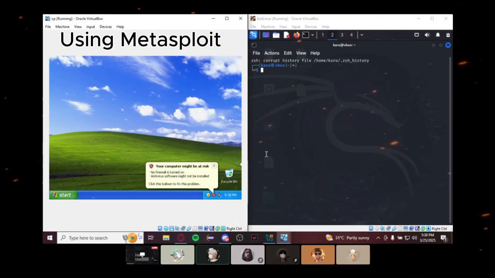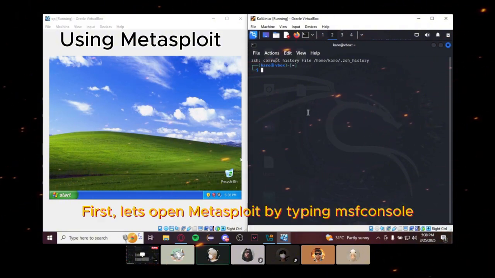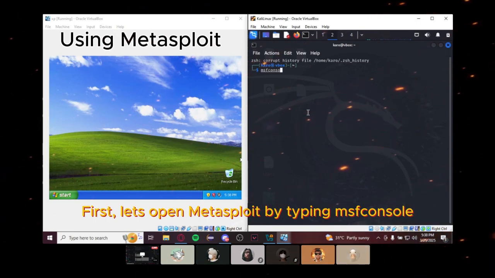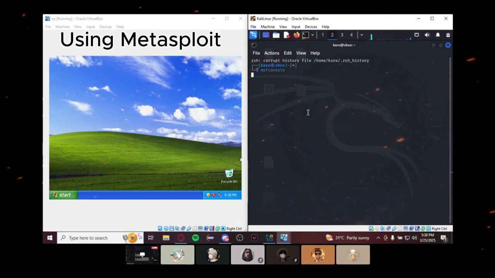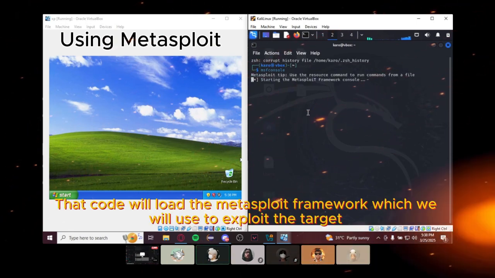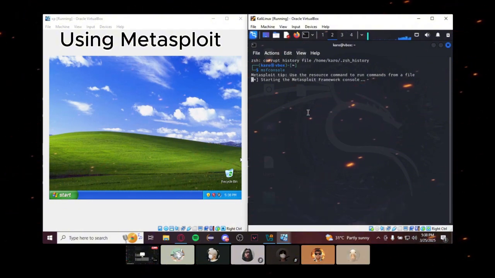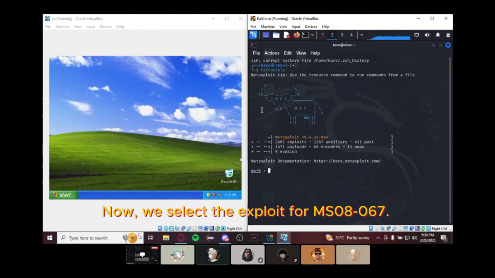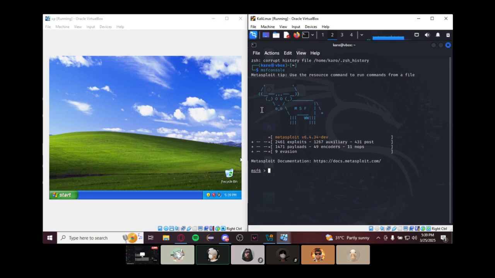So, today we're going to use Metasploit on this desktop that would give us remote access to that PC. First, let's open Metasploit by typing msfconsole. That command will load the Metasploit framework, which we'll use to exploit the target. Now, we select the exploit for MS08-067. We then will type